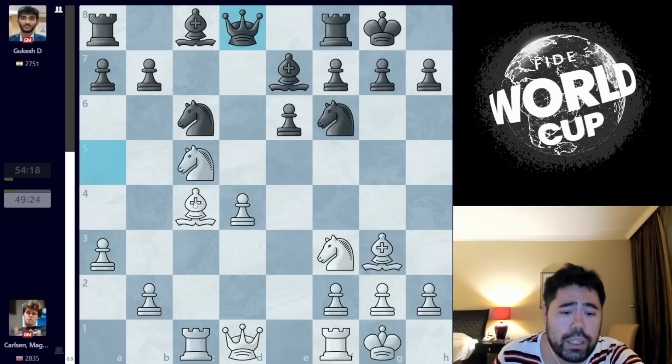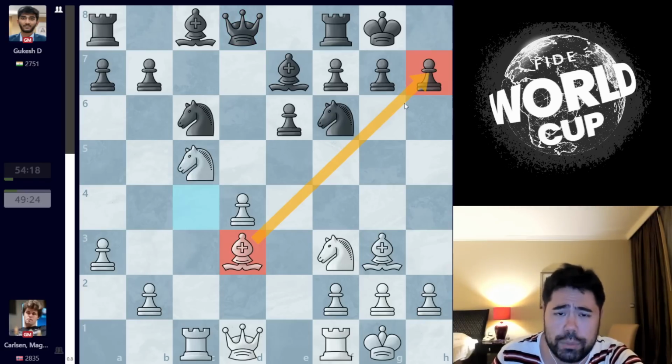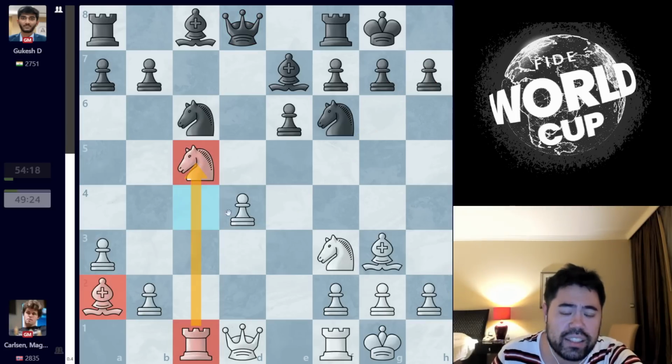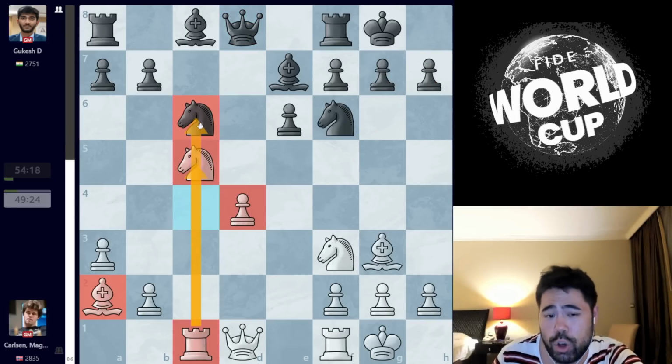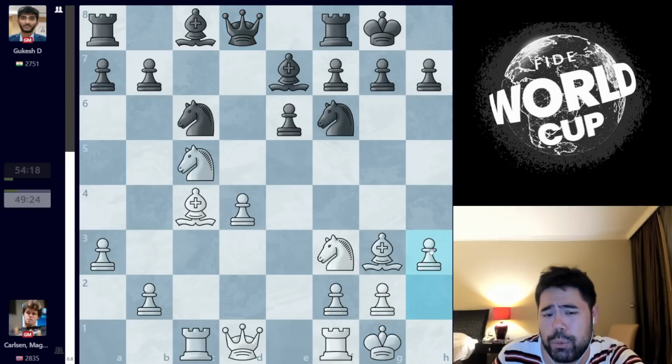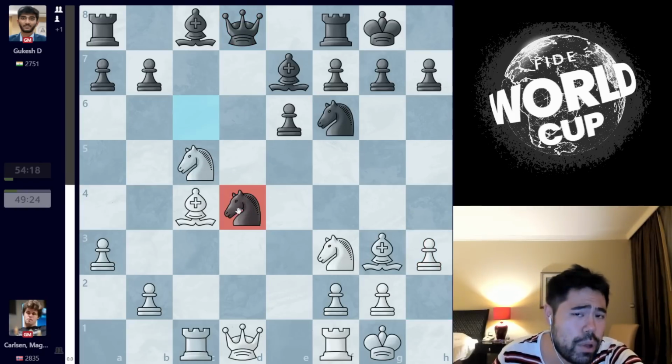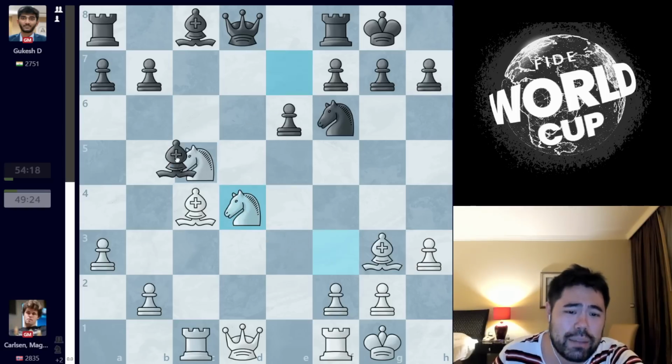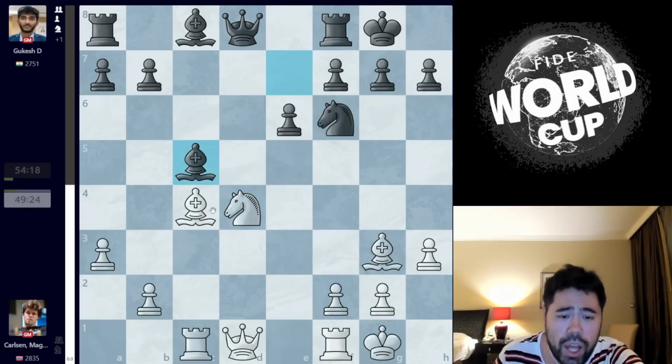What Magnus should have played was this move, bishop to d3, retreating to put pressure on this diagonal towards the pawn, or bishop to a2, protecting the knight on c5, and trying to use this half-open c-file. Now, the reason for this is quite simple. If you were to play a move like h3, black can potentially take the pawn on d4, because after knight takes knight and bishop takes knight, black is simply up a pawn.